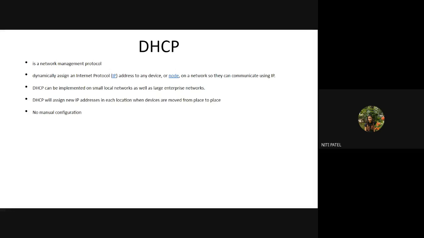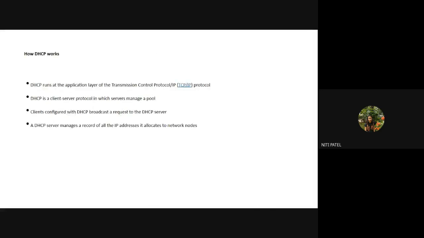Okay, and you do not have to do any kind of manual configuration to get this IP address from the DHCP protocol. That means you do not have to input any wires or any extra connectivity or extra networking devices. You just have to connect a network cable, or if you are using a router, just connect to your Wi-Fi and start using the service and taking IP addresses from the DHCP protocol. You do not have to do any manual configuration inside your system. So how does this DHCP protocol operate?